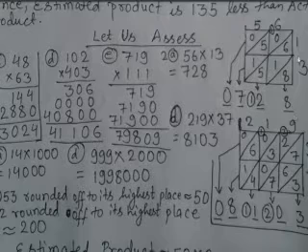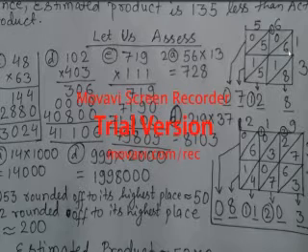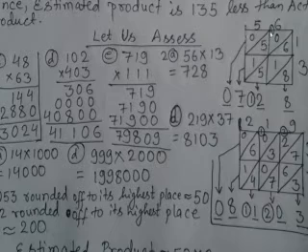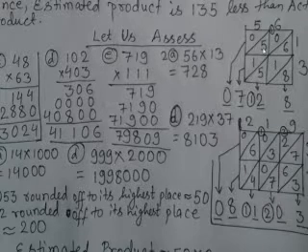Now, 1 into 6 is 6. There is no number at the tens place, since this is a single-digit number, so 6 goes over here and the tens place becomes 0. In the same way, 1 into 5 is 5, no number in the tens place, so the tens place will be 0, and in the unit place, below in the down diagonal triangle, you will write 5.